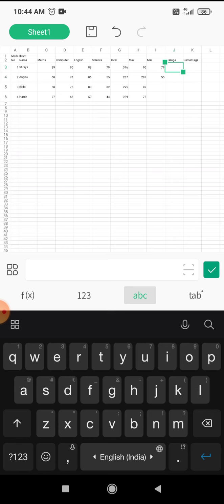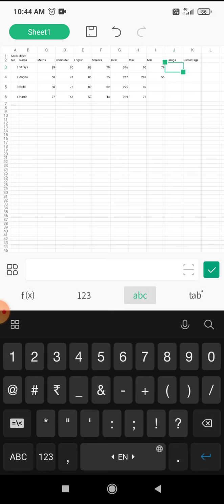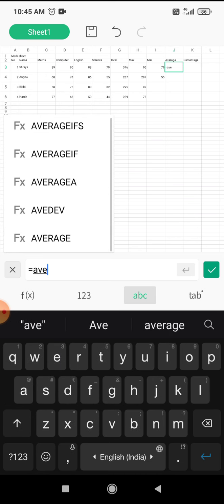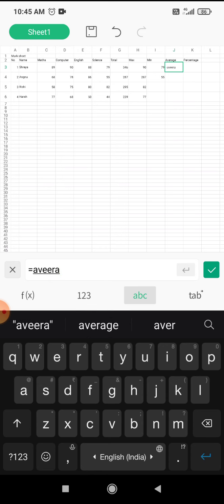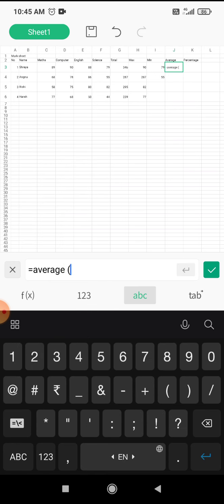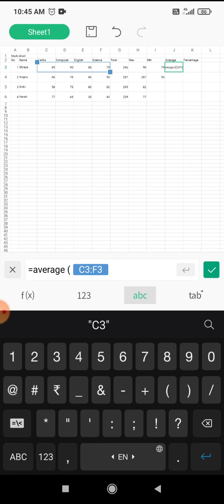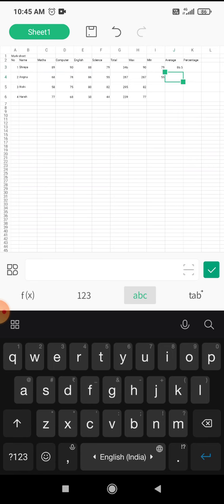How you can find out the average? Same as it is, equals to average, round bracket. You have to take the cell address from C3 to F3. Round bracket over, enter.